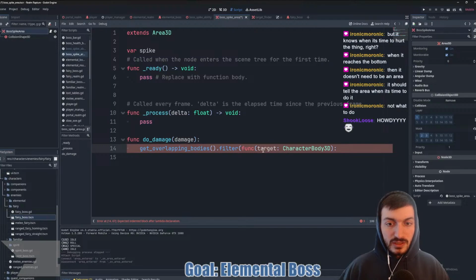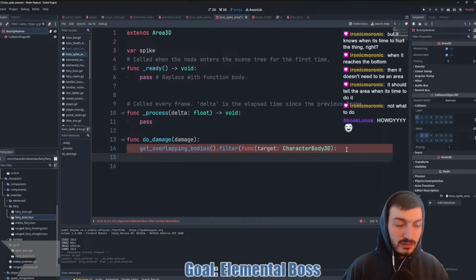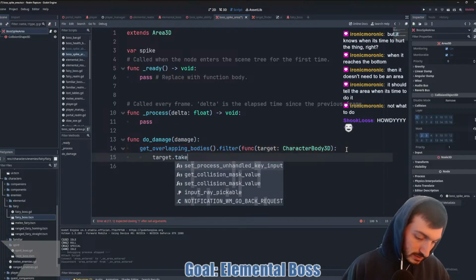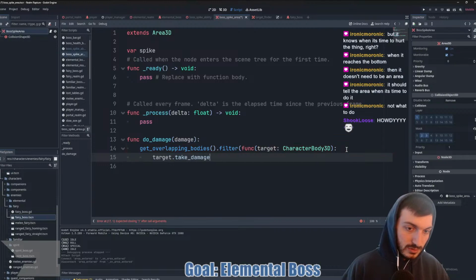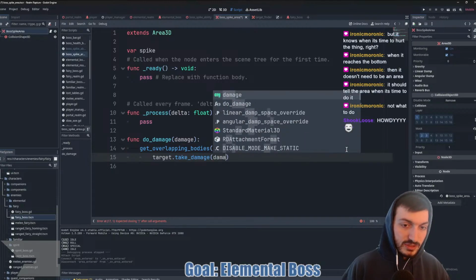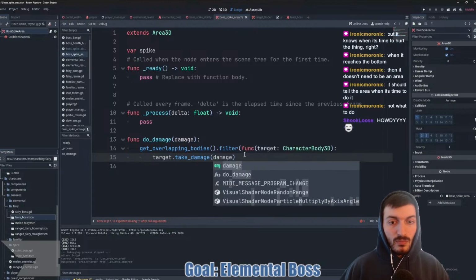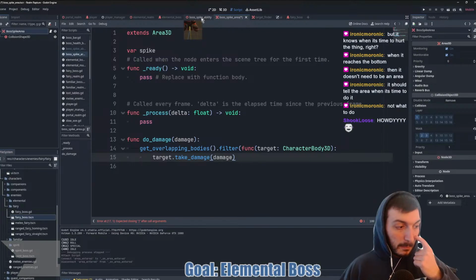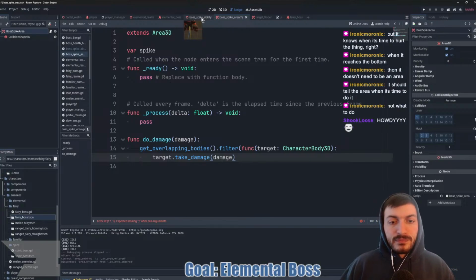Get overlapping bodies, filter. And then we can say target dot take damage, which actually, yeah, that's fine. Do damage.